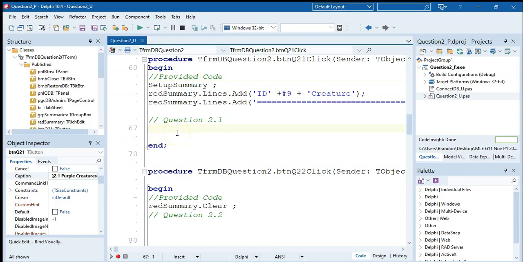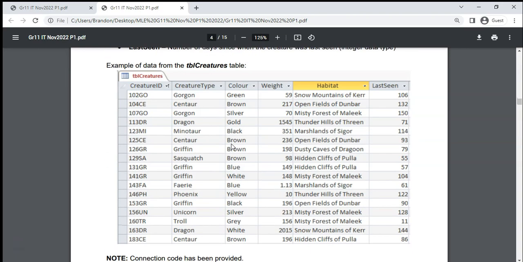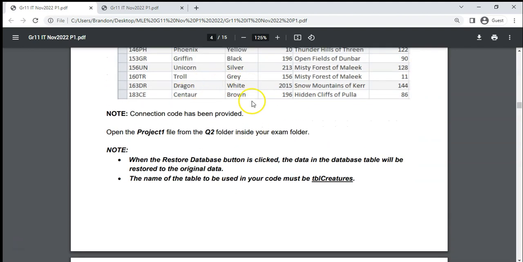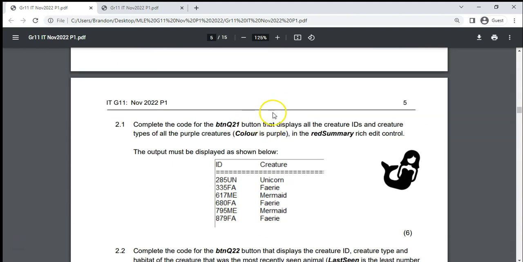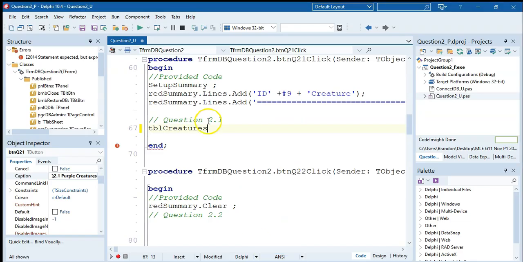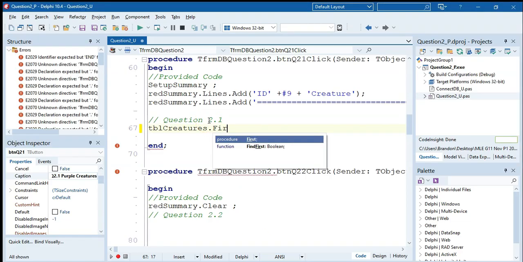So we're going to start with TBL creatures. Now, do they mention anything about a data module? If you look at the details, no. Do they mention anything about a data module? No, they don't. So therefore, I think we just need to say TBL creatures. So TBL creatures dot first. If that didn't work, then you would probably have to look for a data module dot TBL creatures, but